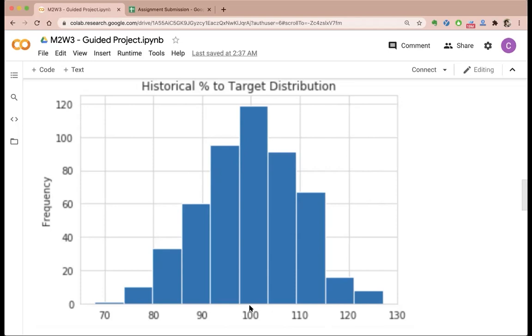So there are two unknown parameters in a population, right? So in a normal distribution, what do you have? You have two unknown parameters. One is the mu and another is the sigma, which is the standard deviation, right? So if you want to describe totally the population of this percentage to target variable, you need to get two values from the sample itself, correct?